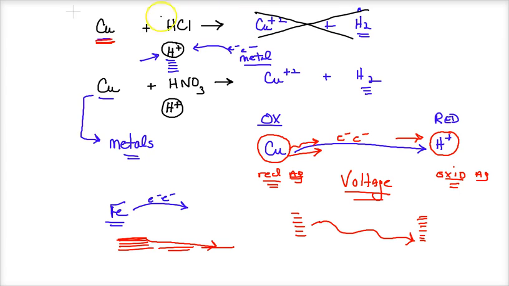And the answer to this is probably the proton isn't good enough at pulling the electrons away, or the copper isn't good enough to push its electrons. Remember, it's a combination of two. How well this loses and how well this gains. So in this case, H+ is not a strong enough oxidizing agent to pull electrons away,